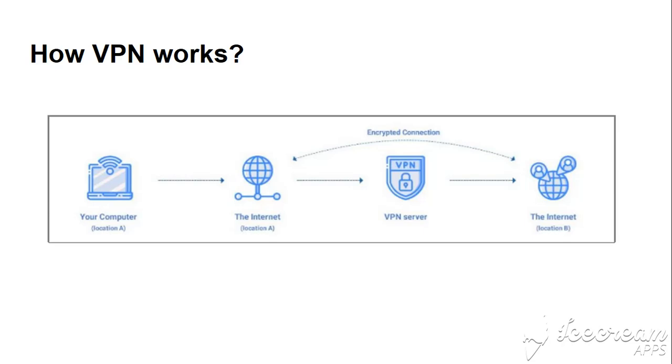Here, the encrypted traffic is sent to the VPN service you are connected to, and then your internet traffic will appear to originate from the VPN server itself. Eventually, you have hidden your true location and replaced it with the VPN server's location instead. This helps you avoid online surveillance and firewalls in your own country.